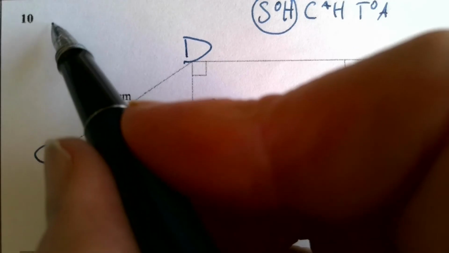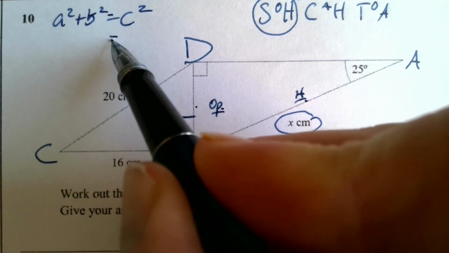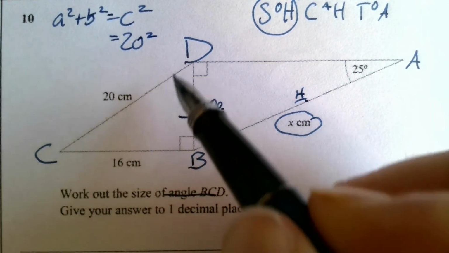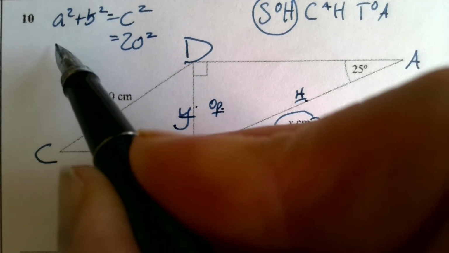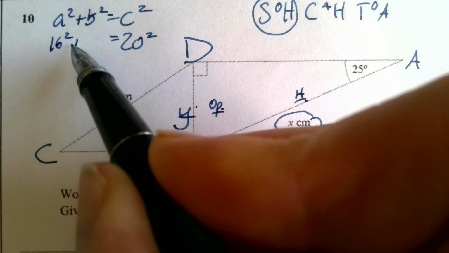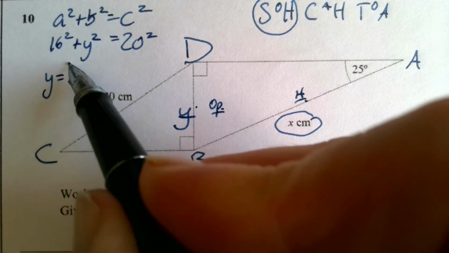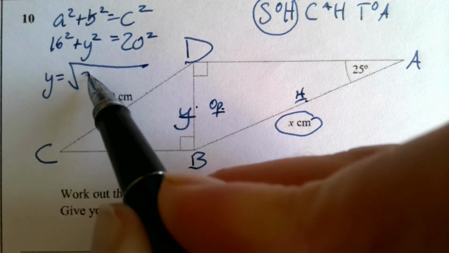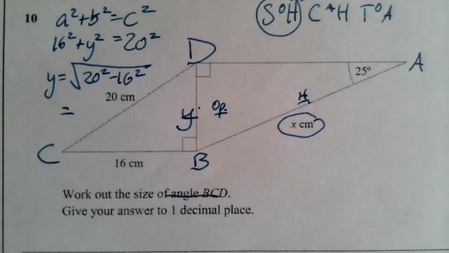I have got a squared plus b squared equals c squared. So there's my 20 squared. If I call this length here y, I've got 16 squared plus y squared equals that. I can do y by doing the root of, if I take 16 squared away from 20 squared, pop that in the calculator, I get